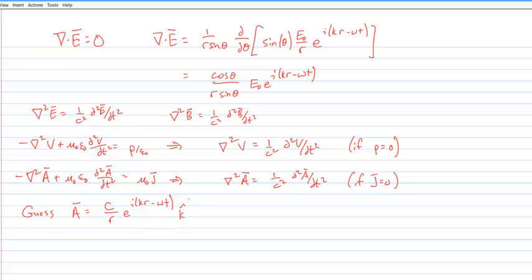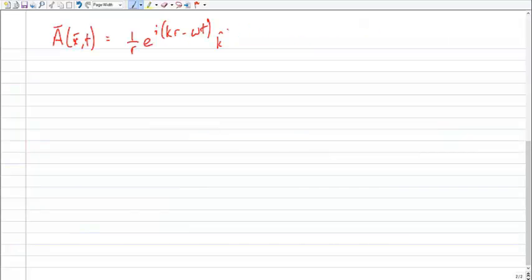Oddly enough, those grindy details are easier if you let A be in the k-hat direction instead of one of the spherical directions. Given that A, we just have to take the curl of it to get B, and then we can use the Ampere-Maxwell law to back out E. And that leaves us with